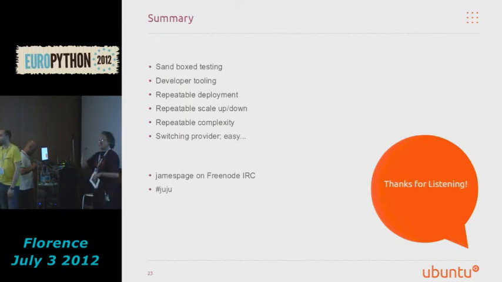So within the environment, it's just Ubuntu Server at the moment. So you can use one of two or three releases, I think. From Oneiric onwards, 11.10 to 12.04, and the current development release as well, you can use in your deployed environment. It's just Ubuntu Server at the moment. There is a minimum set of requirements for the guest OS that's going to be deployed into a Juju service unit that need to be met.